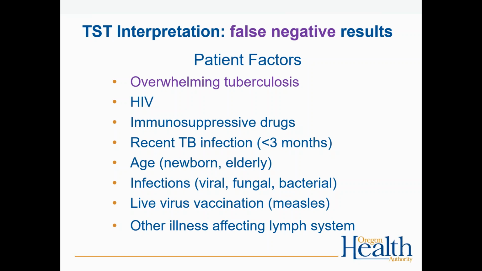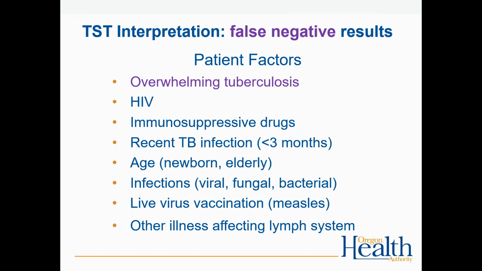If you look at most of the trials where people have screened people prior to immunosuppression or during immunosuppression, most of the people who end up with TB are people who screen negative. The positives who screen get treated, so they don't develop TB. So I think most of us think that most of those negative screens are false negatives because they're immunosuppressed. So there's really two issues. One, what are the risk factors for exposure, and how immunosuppressed are they? And if they have risk factors and they're pretty immunosuppressed, and you have a negative, I often repeat it because I don't believe it. And we can talk about that more later.